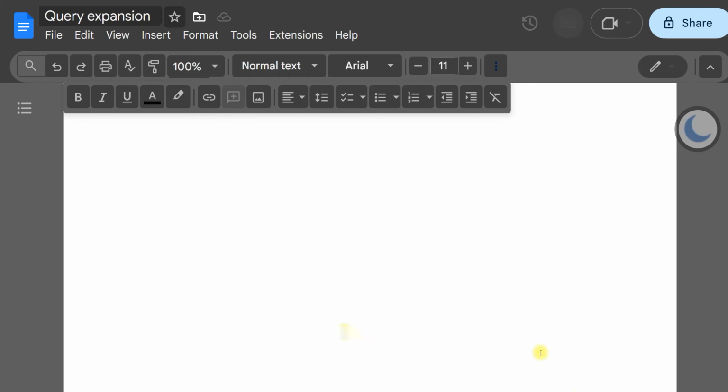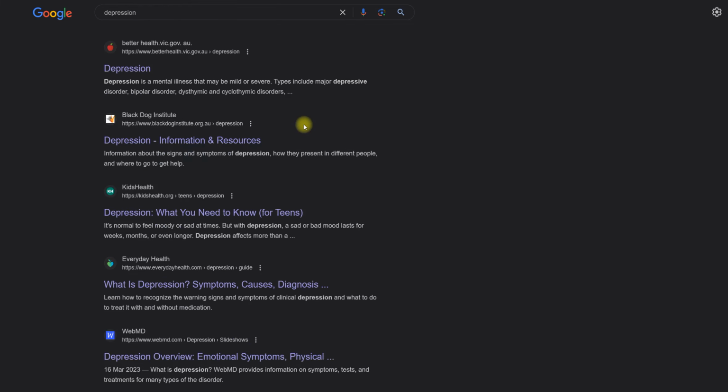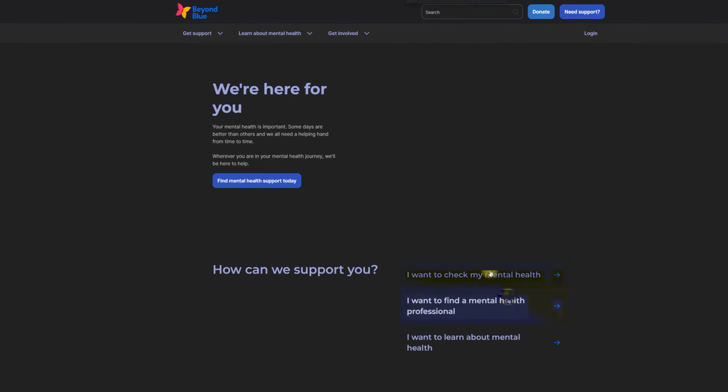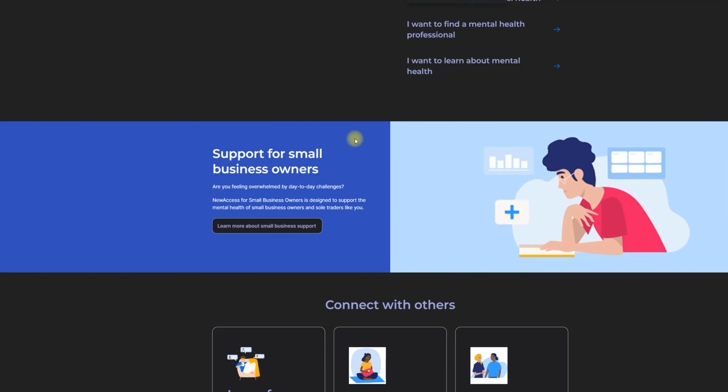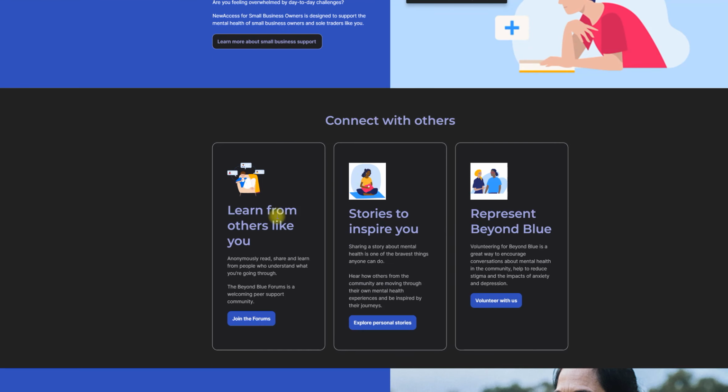So I hope that makes sense, that you do need to spend quite a bit of time to compare and to plan out what kind of headings should be in what article. And to wrap this up, we will look at this page here, which is quite funny because it doesn't have any queries on it, meaning it doesn't talk about symptoms. It does not talk about anything else. So